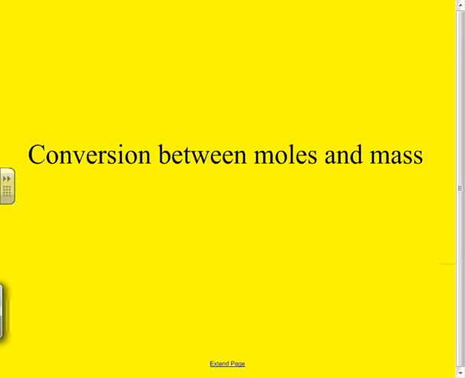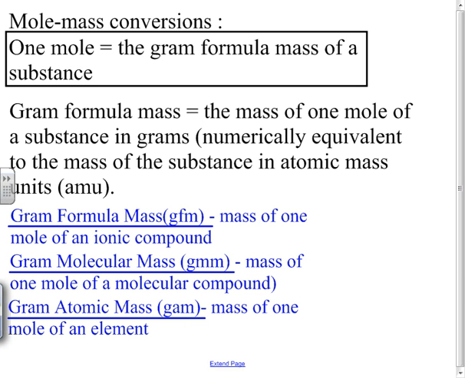So how do you convert between moles and mass? Well, again, we're going to use dimensional analysis, and dimensional analysis always involves a conversion factor. So we need a conversion factor to convert between moles and mass, or moles and grams. The equivalent is 1 mole equals the gram formula mass of a substance, where the gram formula mass is the